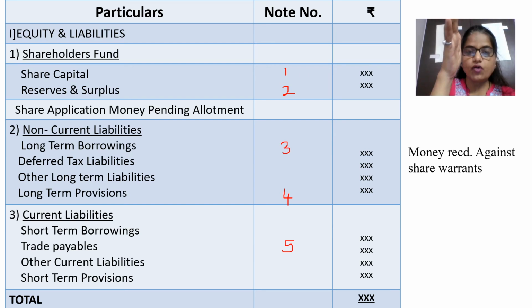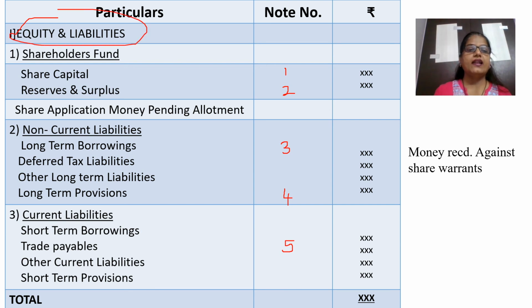I said it is what? Vertical format. तो अभी हमने क्या देखा? खाली balance sheet का liabilities part देखा. So our balance sheet starts from where? Liabilities side. फिर इधर हमारा liability का total आ गया, अभी उसके नीचे आता है assets side. But in this lecture we are going to concentrate only on what? Only on this liability part. That is what? This equity and liability. So we are going to see only this.